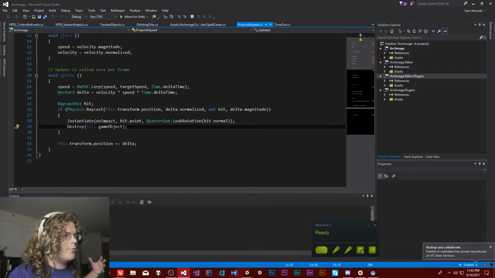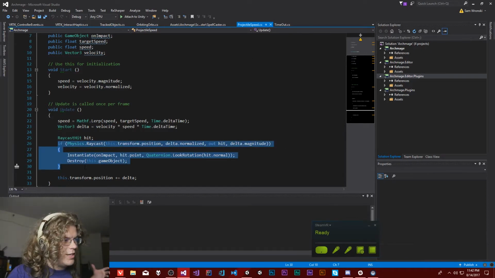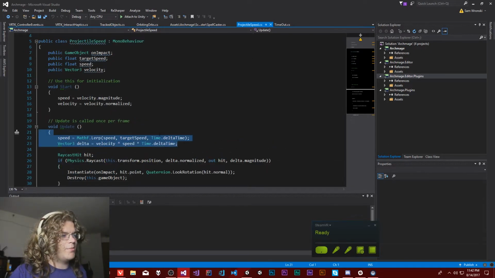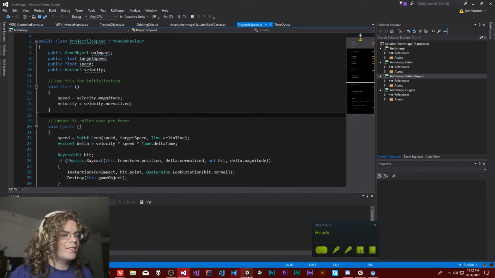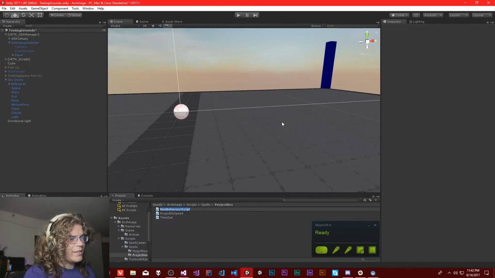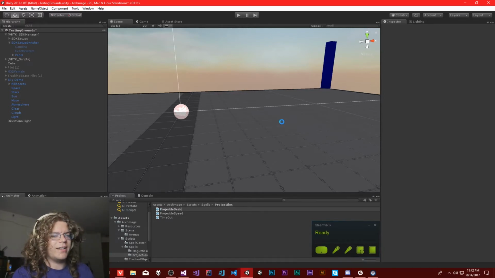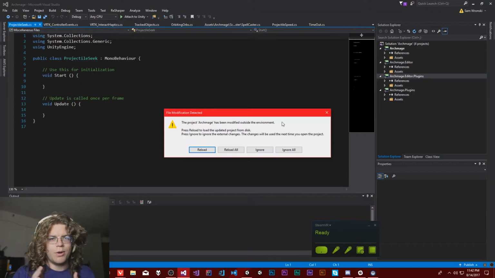And this is the script for it. Really simple. This is just detecting if it hits something. And then we have some basic speed stuff. I want to keep this exactly the same. I don't want to touch this at all. So what I'm going to add is a projectile seek. Yeah, we'll do that. And so I think this algorithm should work the way we're going to do this, which